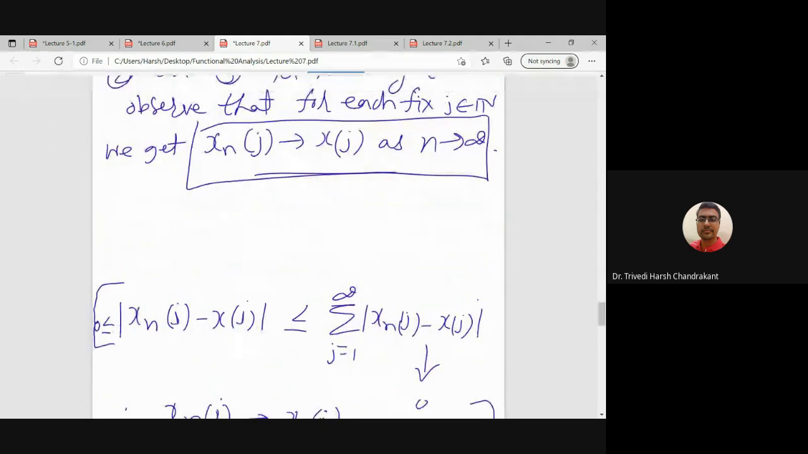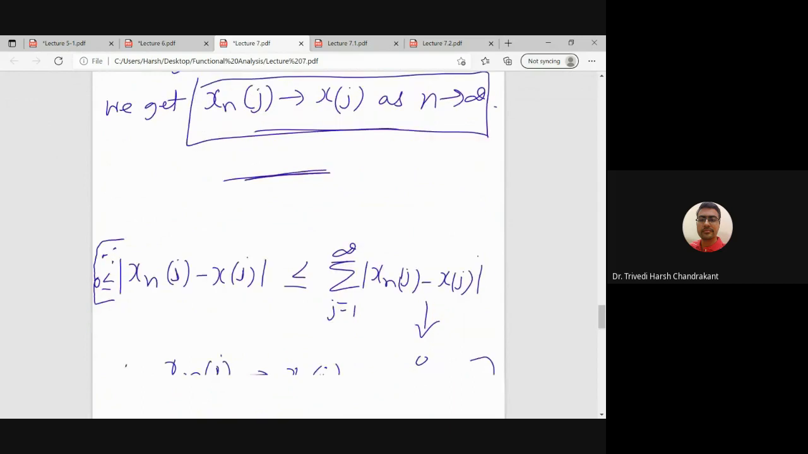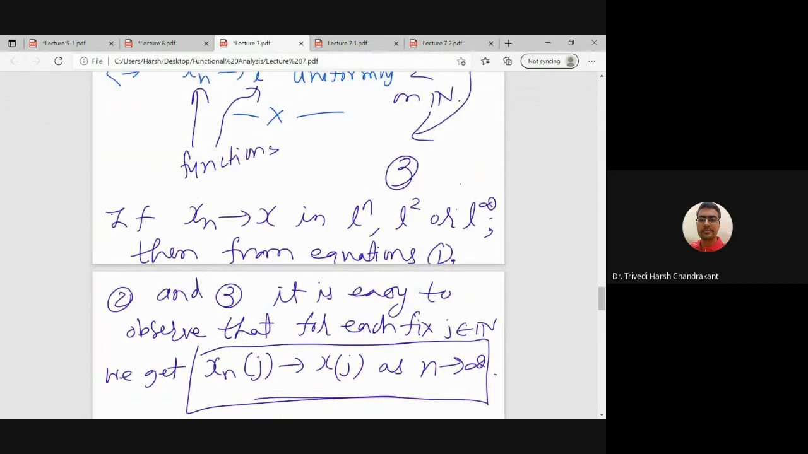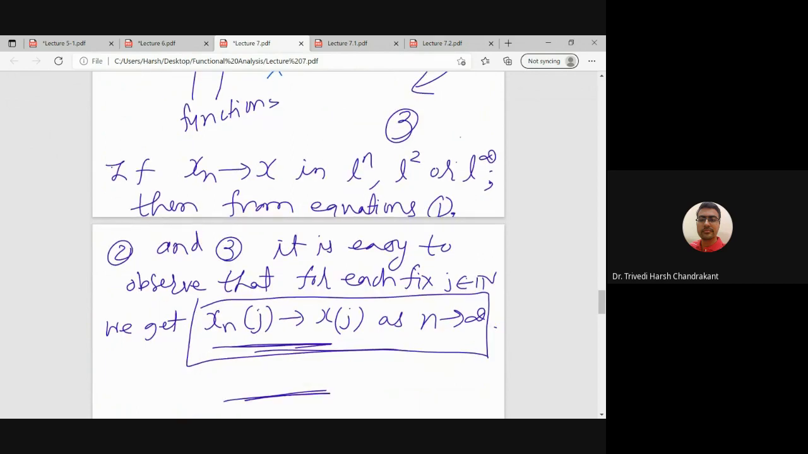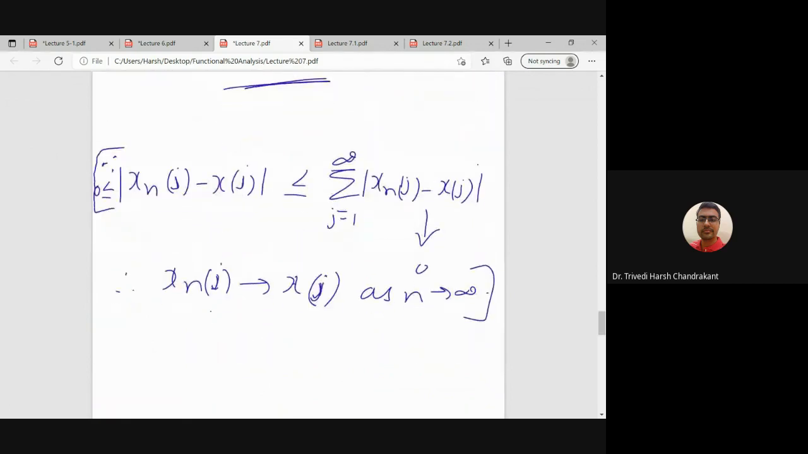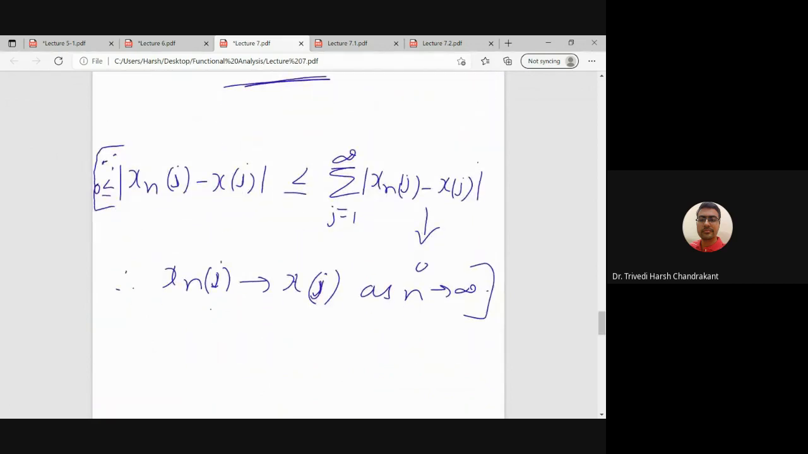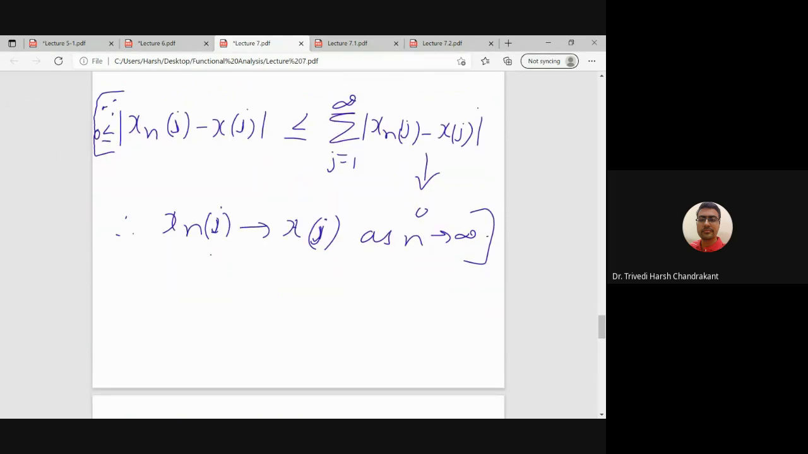Okay, so this is the reason behind why this holds. What this result says is that if the sequence of functions xn converges to x either in L1, L2 or L infinity, then it converges coordinate-wise or entry-wise, right? Each jth coordinate converges to the jth coordinate of x. Okay, but now what about the converse? So conversely,